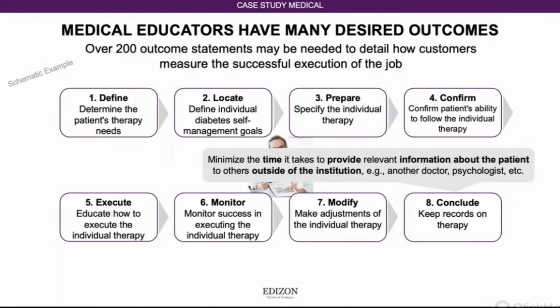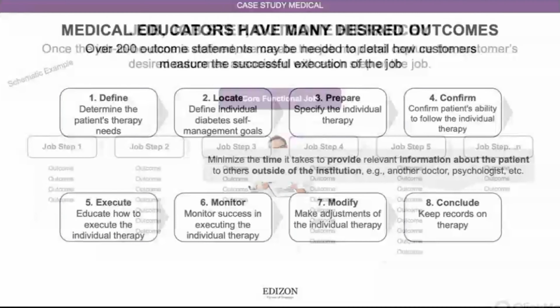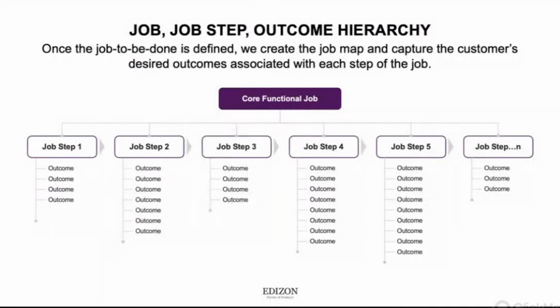And ultimately, what you will generate when you run through the whole job with these kinds of guiding questions, you will realize the full job needs model. You will understand all the job steps that are involved and also the desired outcomes that determine the success and how people are measuring their success in each of those job steps. So what you will have here already in the second step of that process is that you know all the needs that are involved and you know how people measure their success, and you have these needs independent of solutions